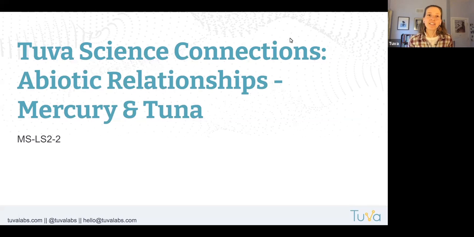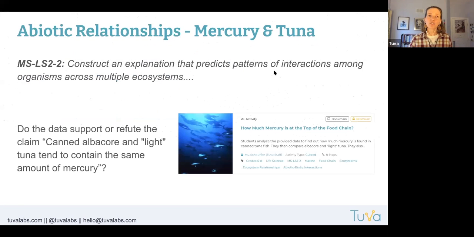Hello, welcome to today's Tuva Science Connections, where we're going to be talking about abiotic relationships and looking at mercury and tuna, and how we can use data on tuna, something that most of us are familiar with, to get at this MS-LS2-2, where we're asking our students to construct an explanation that predicts patterns of interactions among organisms across